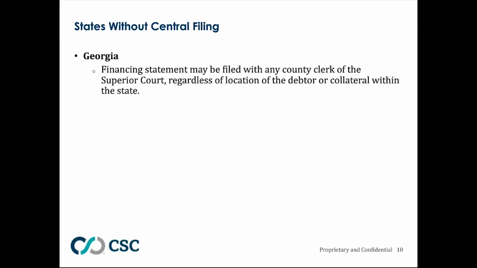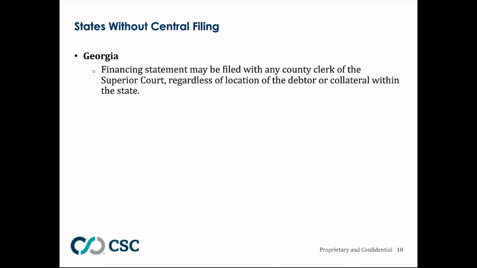Another exception to filing in the central filing office of the state where the debtor is located occurs where a state doesn't have a central filing office. There are two states where that's the case. The first is Georgia. In Georgia, the rule under Section 9-501 is that the financing statement may be filed with